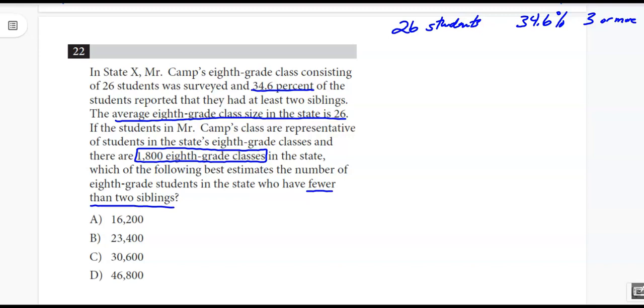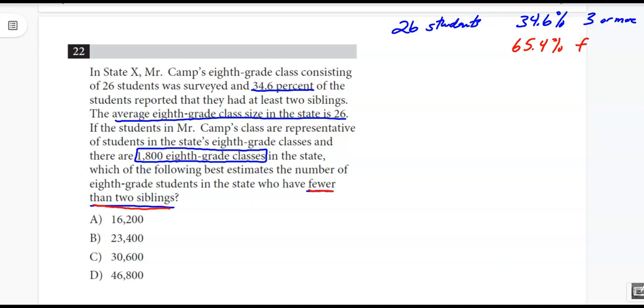All right, so we've got to be careful here. The first thing I want you to recognize is, in the survey, 34.6% had 3 or more. If we want to look at fewer than 2, we're going to have to do the flip side of this. We're going to actually have to subtract from 100%, and we're going to get 65.4%, right there, have